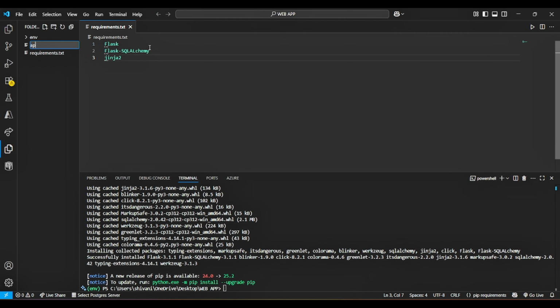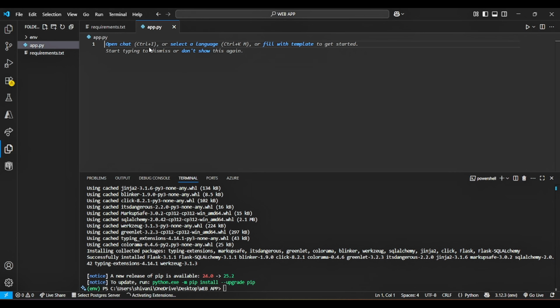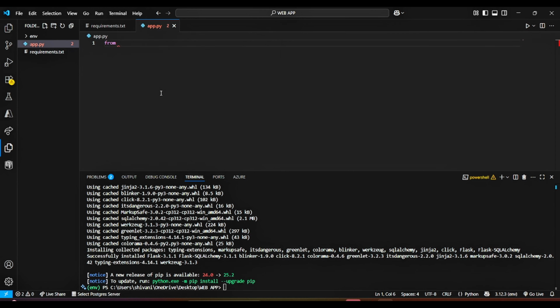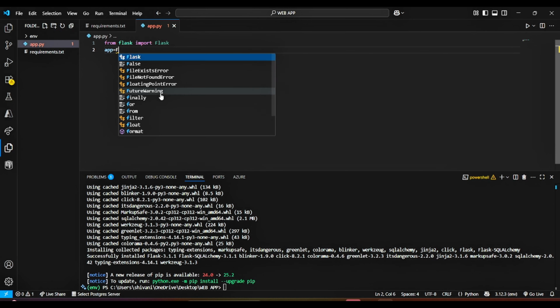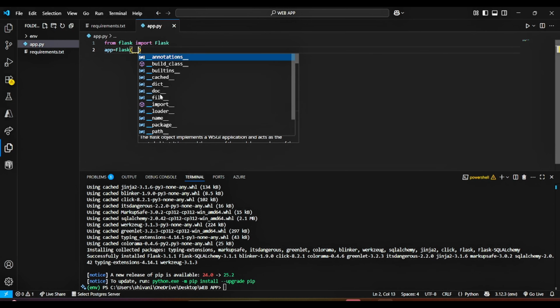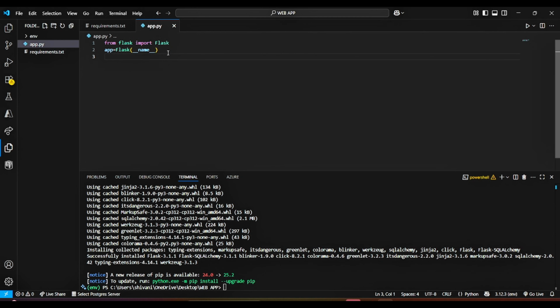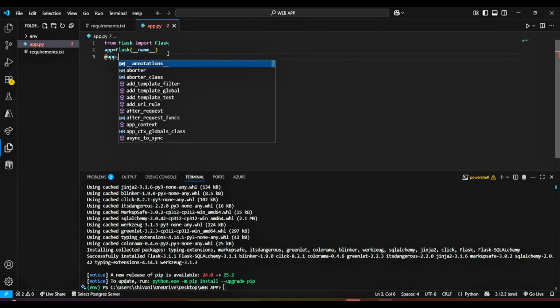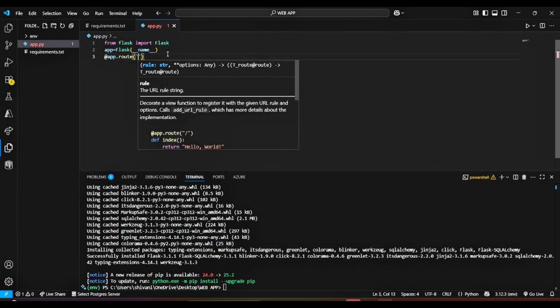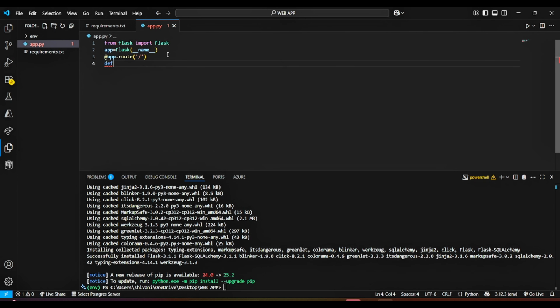So let's create app.py. Basically, this is the controller where all the routes are present. First import Flask from the Flask package, and then we make an instance of the app. Then this route, which will open on our localhost.